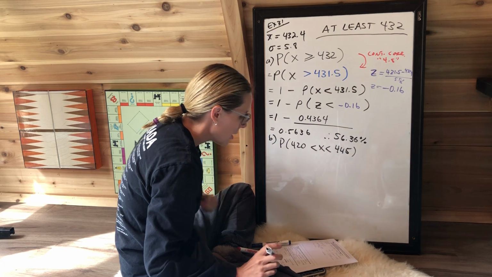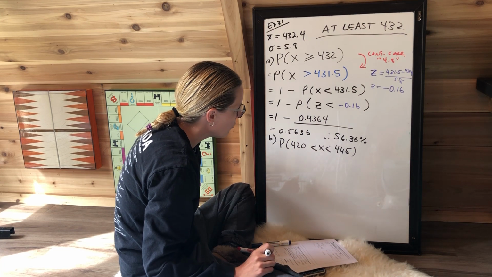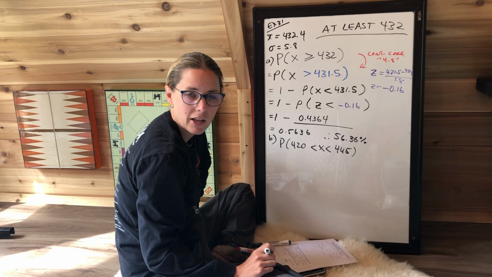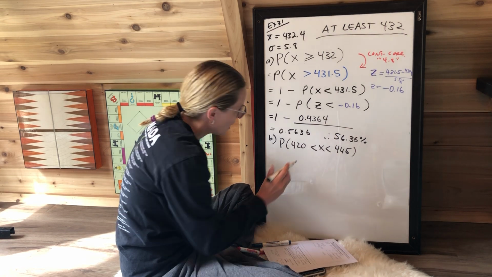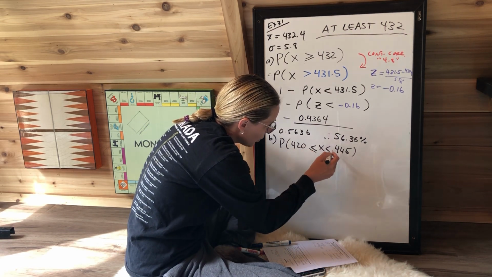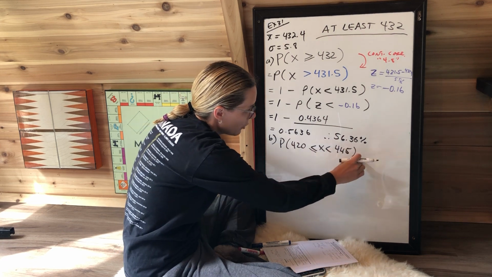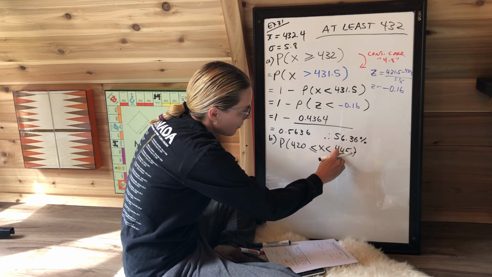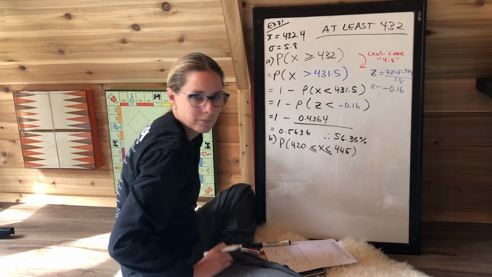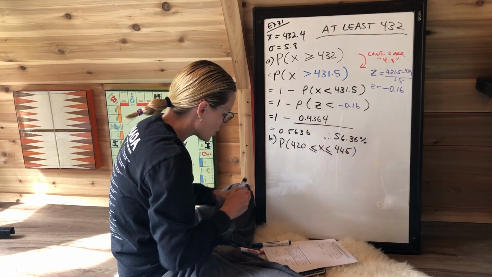So let me read what it says. Packages with fewer than 420 are rejected. If they have 420, are they allowed? Yes. So that's in the allowable range. If they have more than 445, they're rejected. So should 445 be allowed to be in the range? Yes. Okay, so then when you do the actual conversion